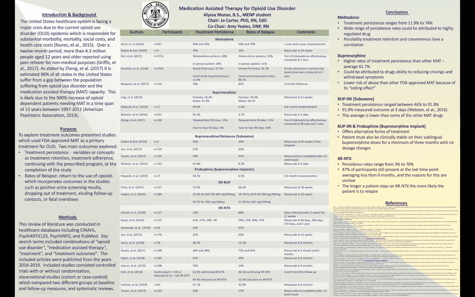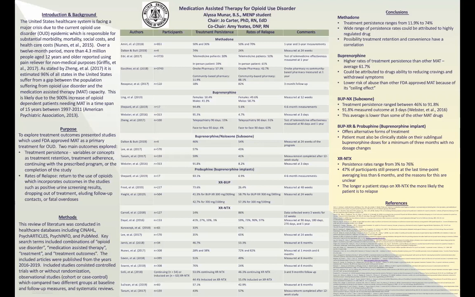It's applied in 3 forms: a sublingual extended release form, which is subcutaneously injected monthly; a combination form of buprenorphine-naloxone; and an implant form if the patient is clinically stable. The next one is methadone, which is an opioid agonist, and this needs to be prescribed through a methadone clinic, which is a special federally approved treatment program, and the patients must show up daily in order to receive their